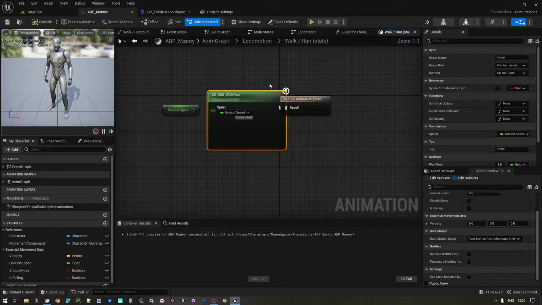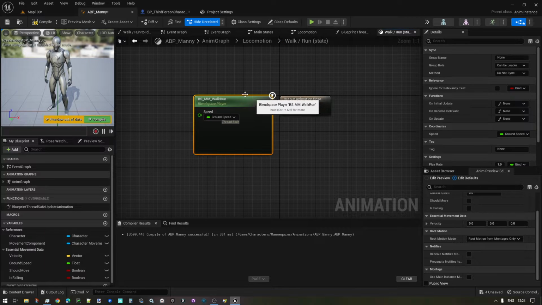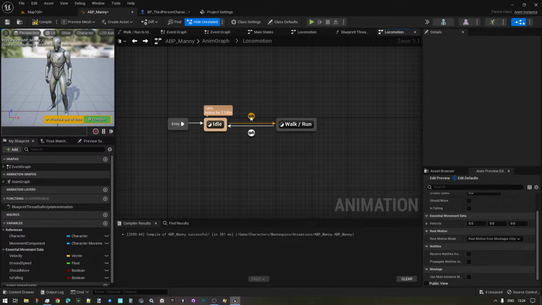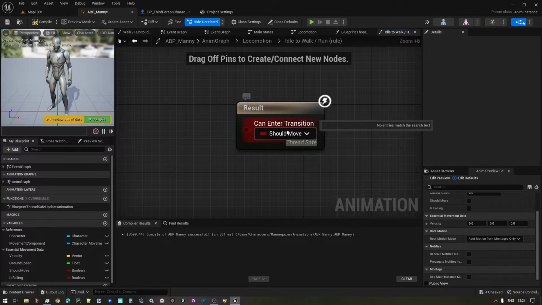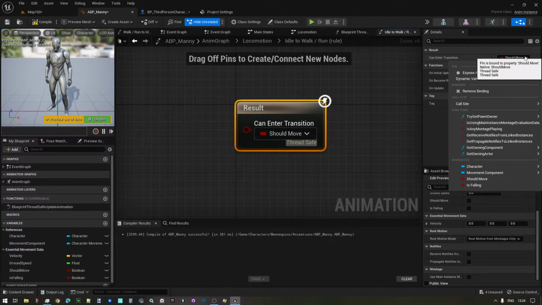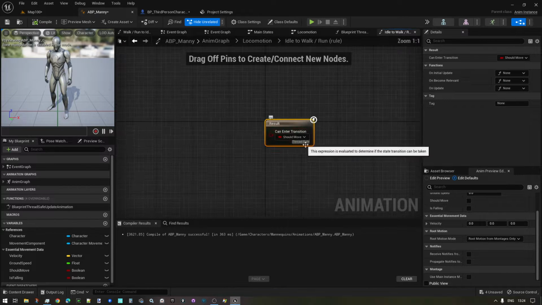And if you compile it, you see here thread safe, and you get rid of this, etc. Same in the transition. Instead of having the variable should move, you choose here should move, compile, thread safe. Okay,